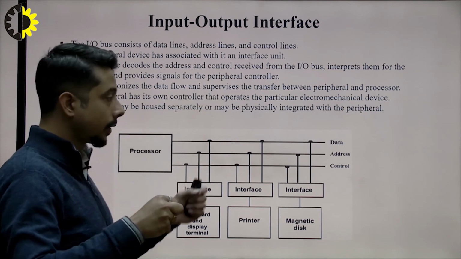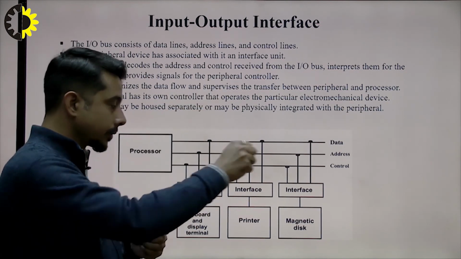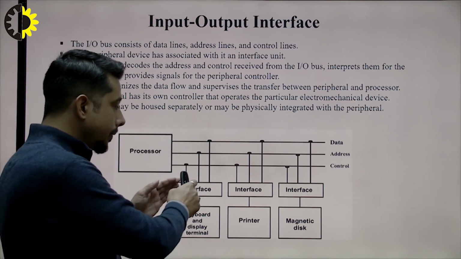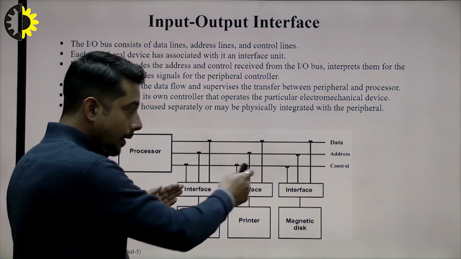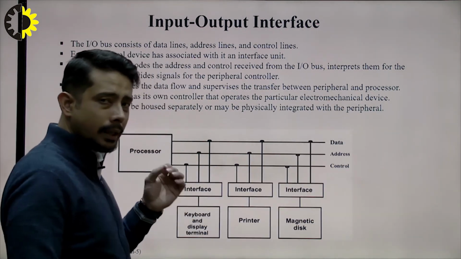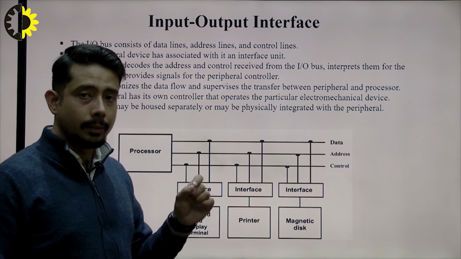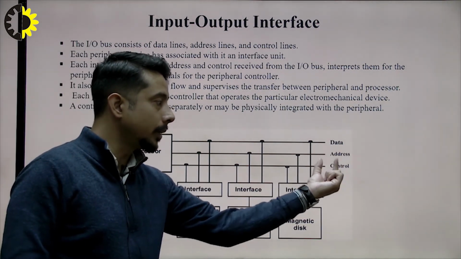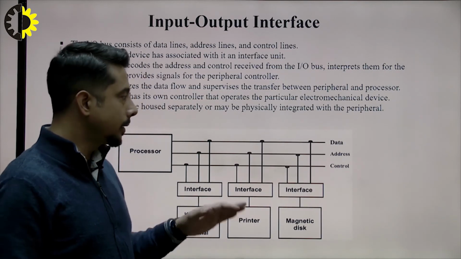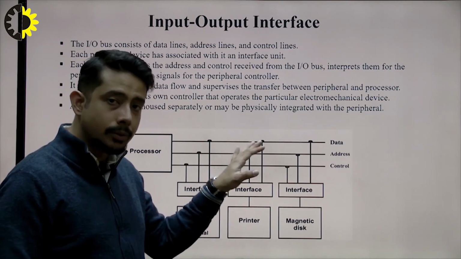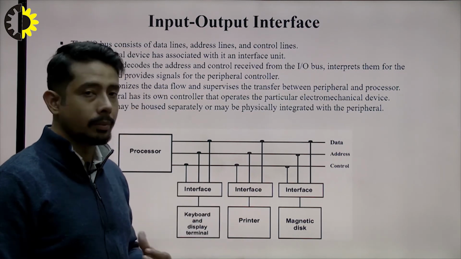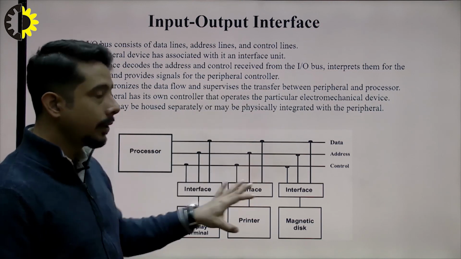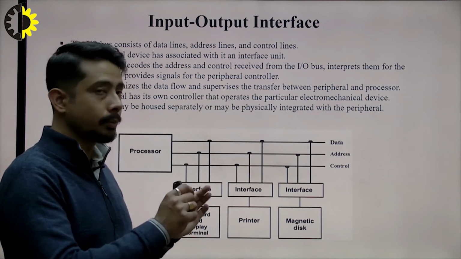Give the data, I will transfer it to the keyboard. Give the data, I will transfer it to the printer. So everywhere there should be an interface, and these interfaces are connected through buses like the data bus, address bus, and control bus. Definitely, if you have to transfer data or do the communication, we need a data part, an address part, and a control part. So we need the buses, and through these buses only, these input-output devices are connected. So this is the general introduction to input-output interface.